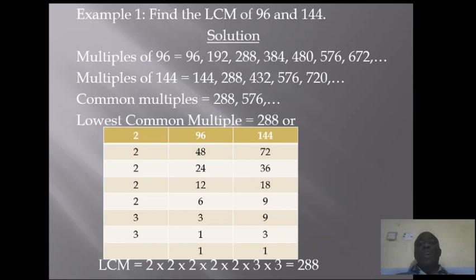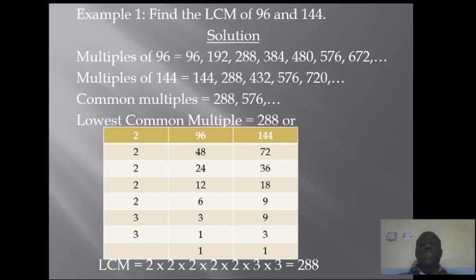Then the multiples of 144. 144 is the first multiple. Add another 144 and it gives you 288. The next multiple is 432, then 576, then 720, etc. Now from the multiples listed above, we want to know which are the common multiples. Looking at the two lists, 288 appears as a multiple of 96 and also as a multiple of 144. And 576 appears as a multiple of